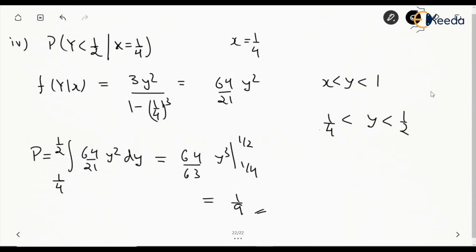So this is how we can do it. Just go through the entire question once again and you'll understand it. I've tried to make it very clear, and we have split it in steps, whether you are finding marginal, whether you are finding conditional, and whether you are trying to find the region for the double integral, which is very important. And if it is not clear, you should check the multiple integral video in the calculus topic, right? Okay, then we'll keep it till here and then we'll check the next question.